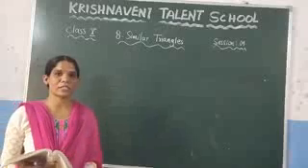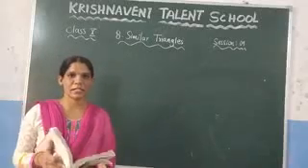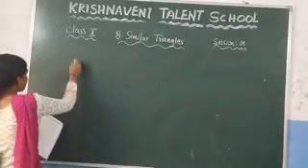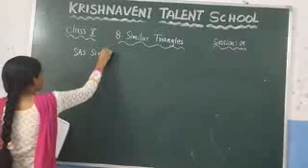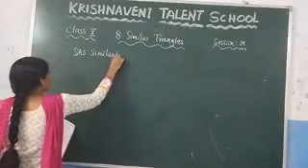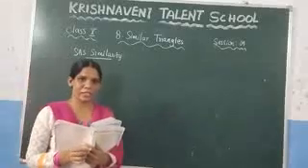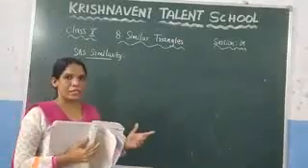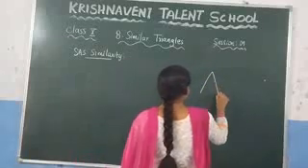Now we are going to discuss the next theorem, which is Theorem 8.5, which is SAS similarity. So the next one we are going to discuss in this session is SAS similarity. What the theorem states here, if you consider any two triangles, so let us draw two triangles here.